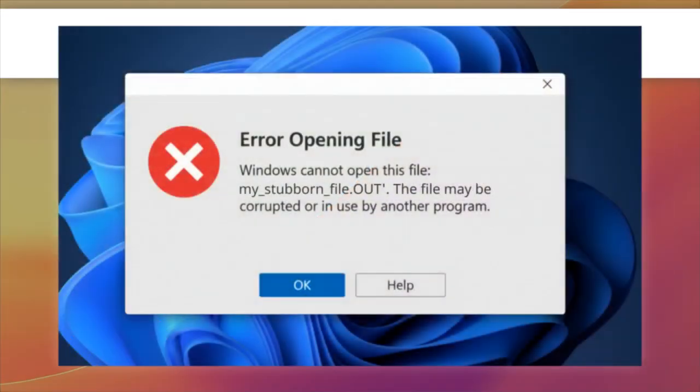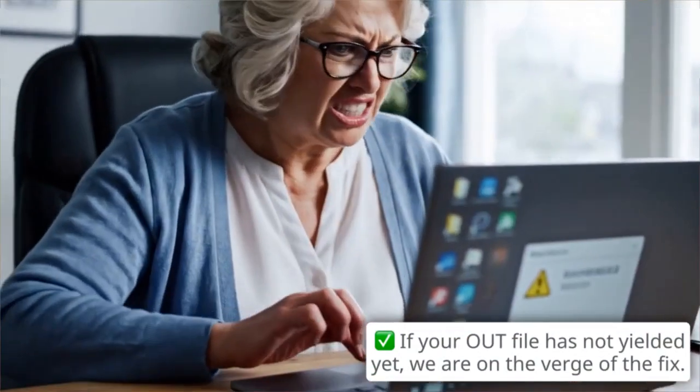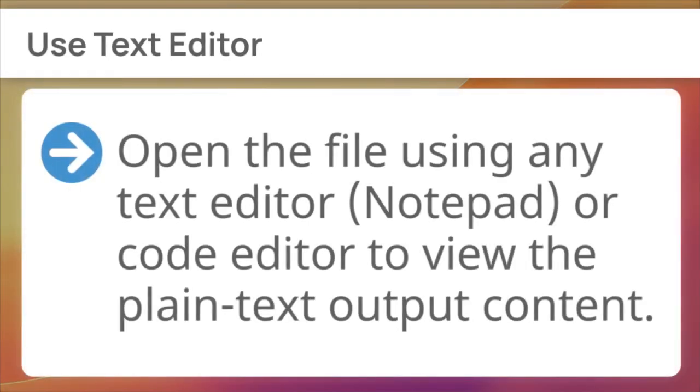The stubbornness of this OUT file requires decisive action. Run these specific tests right now to determine the exact failure point. First, use Text Editor. Open the file using any text editor, Notepad, or code editor to view the plain text